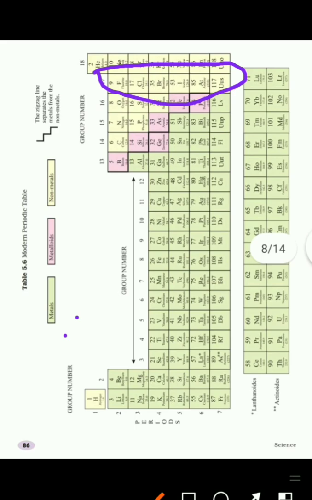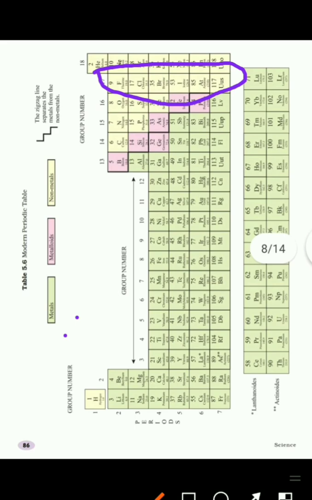Their valency is group 15 3, group 16 2 and group 17 1. So we can say groups in the modern periodic table have identical outer shell electronic configuration,